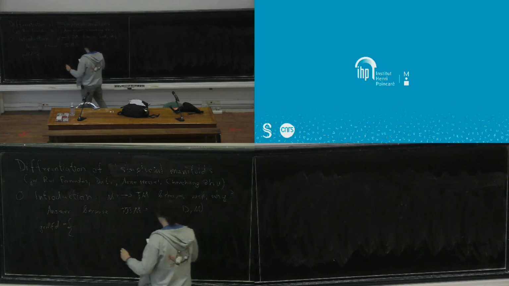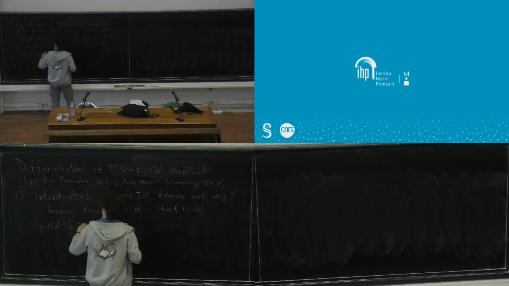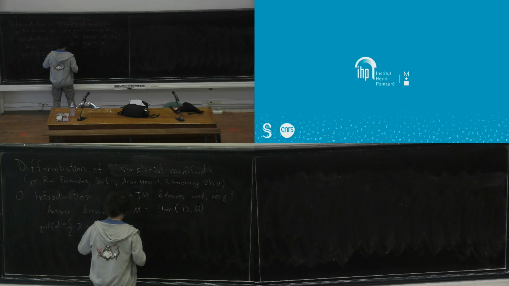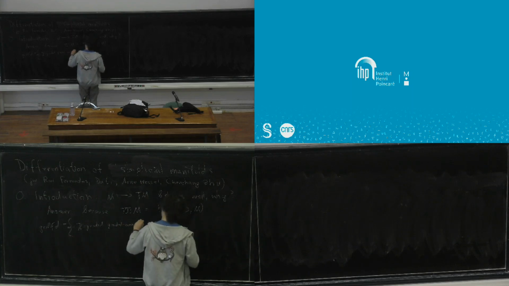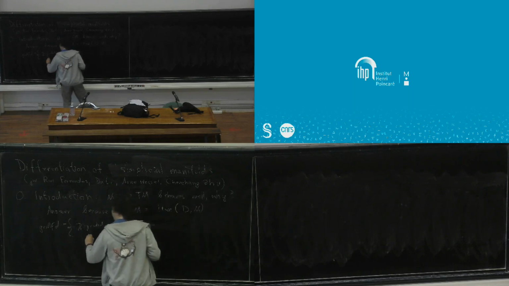So a graded manifold, for me, is essentially a Z-graded graded commutative algebra, which is isomorphic to